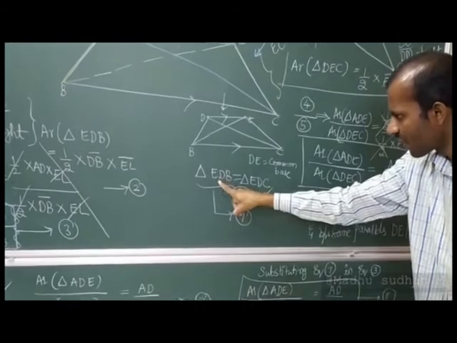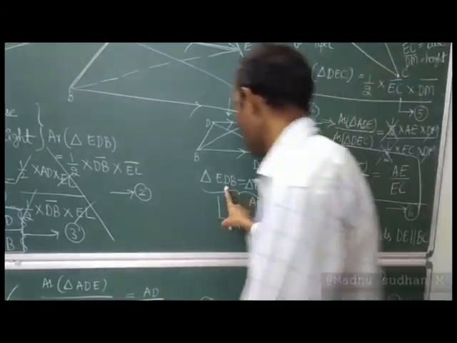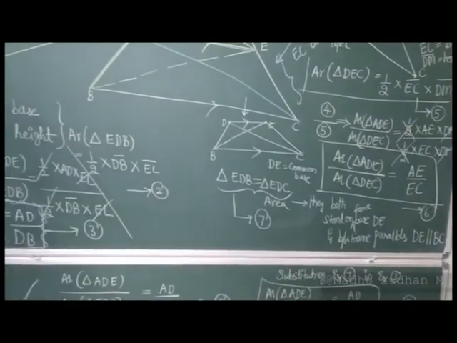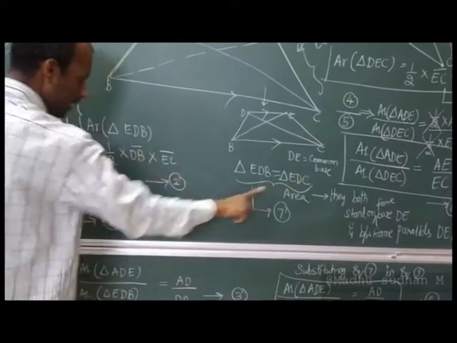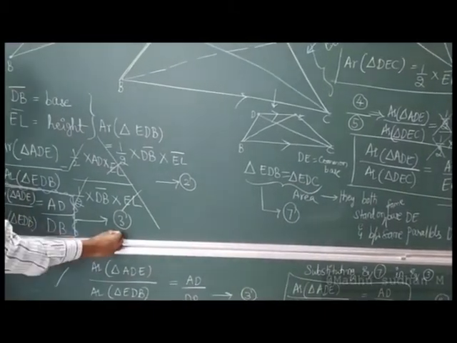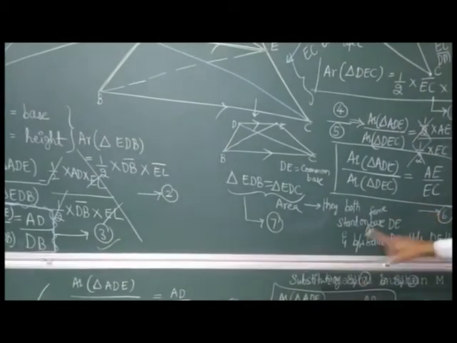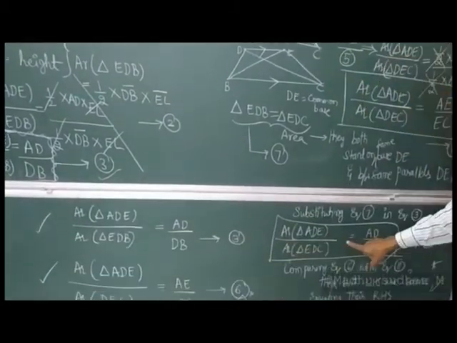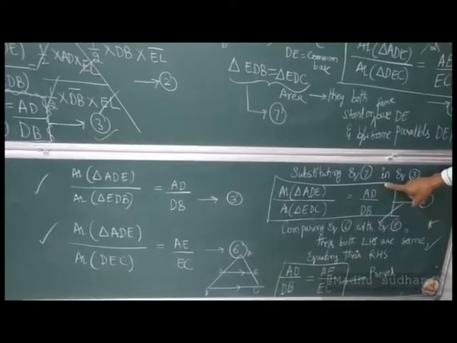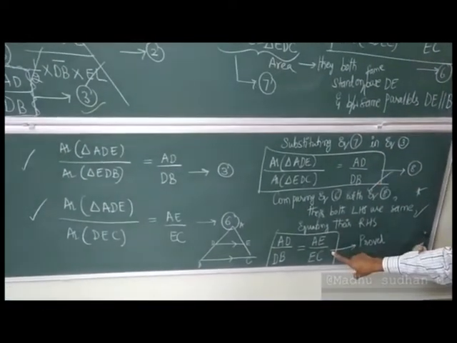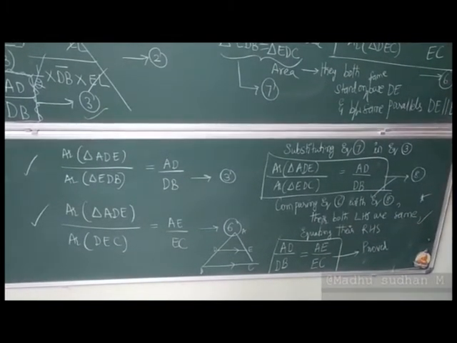So wherever you get this equation 7, see here EDB, you are having this in equation 3, right? So replace this EDB in equation 3 by EDC here. Then equation 3 and equation 6 become the same. Followed it. Then you will get the required part. Then when we equate the RHS part, we get the proof of this basic proportionality theorem, and this is the end of this proof.